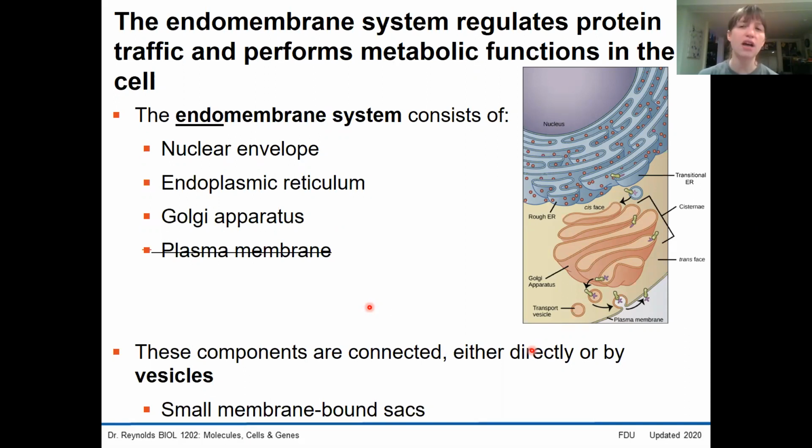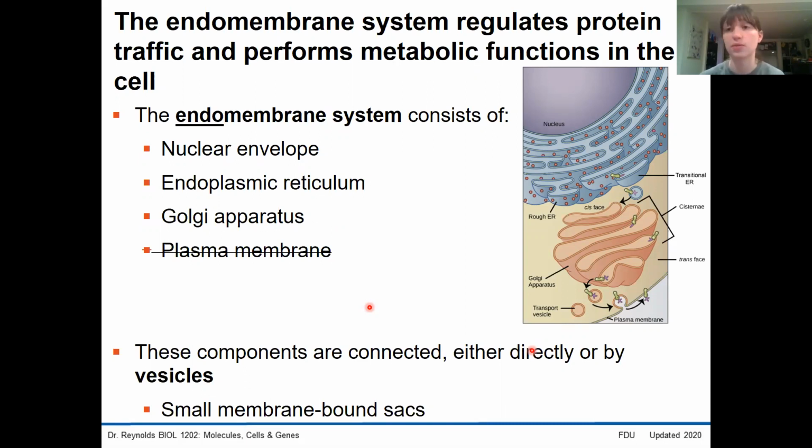I've crossed off plasma membrane here because even though it's directly connected to this endomembrane system, the plasma membrane is the outer layer. So it's not truly an endomembrane, but I don't want you to completely disconnect it from this entire process. Now, all of these components are going to be connected, again, either directly, for example, the nuclear envelope is continuous with the ER,